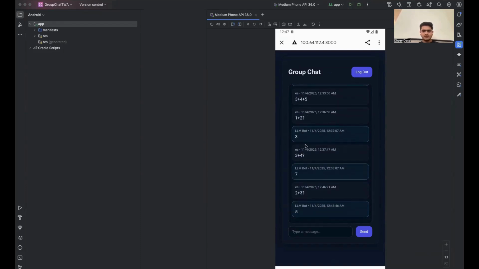Let me give you a brief explanation about the architecture. We have three main components: the MySQL database, which stores users and messages; the FastAPI backend on port 8000 handling requests and WebSocket connections; and the Llama server on port 8001 providing AI responses. The Android app connects to the backend via HTTP and WebSocket. When a user asks a question, the backend detects the question mark, sends the query to the local Llama model, and broadcasts the AI responses to all the connected clients